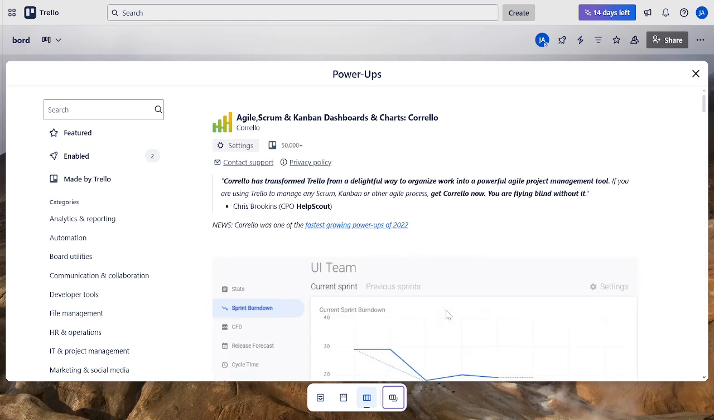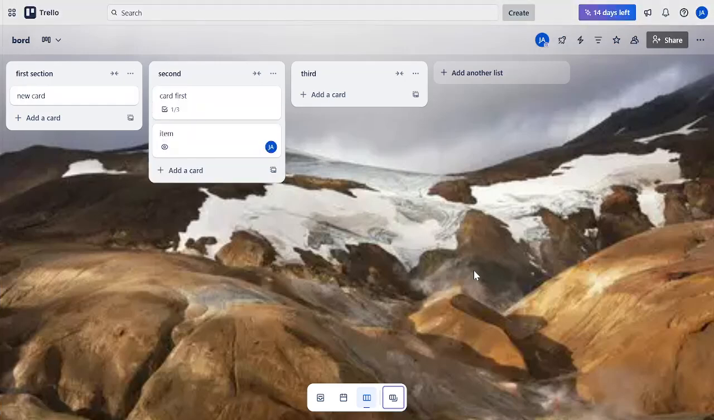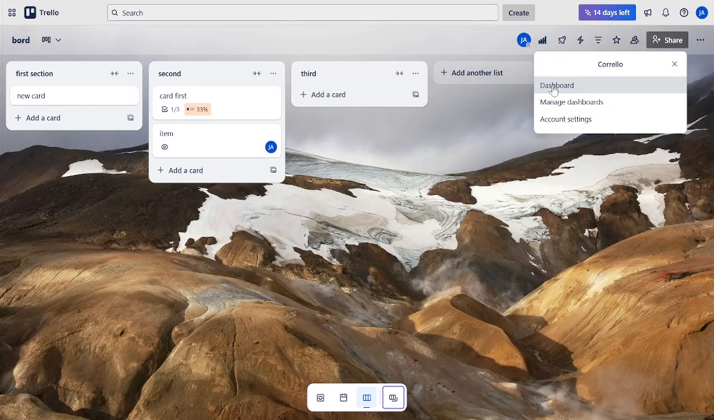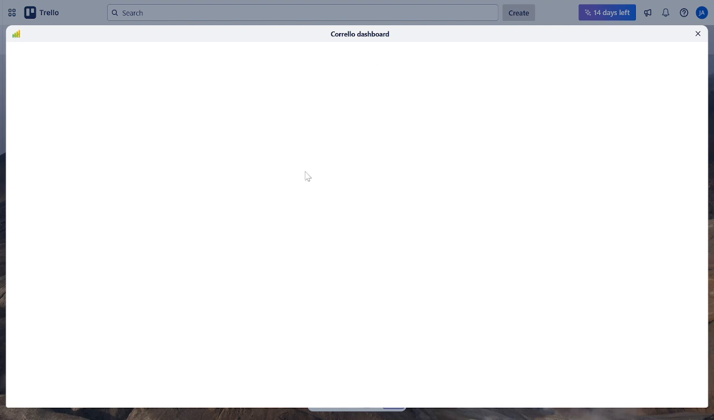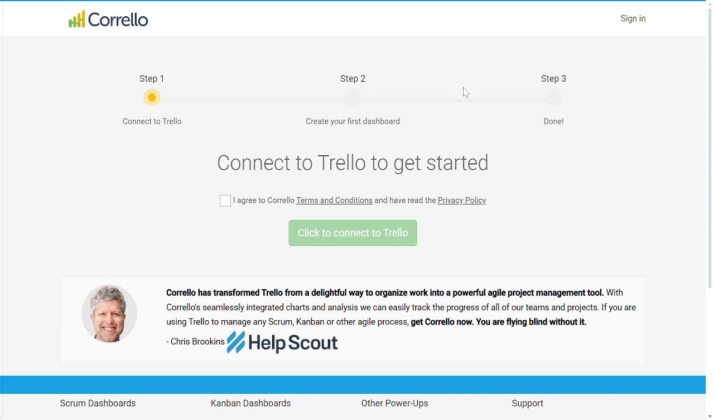Now that we've done that, let's configure the Burnup chart. Click Settings under the Burnup chart section in the Power-Up list. Here, you can customize your chart to suit your project needs. You can select which lists represent done tasks, set your project's start and end dates, and even define your target scope. This step ensures that your Burnup chart accurately reflects your project's scope and timeline, making it a reliable tool